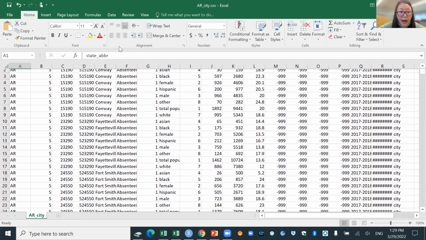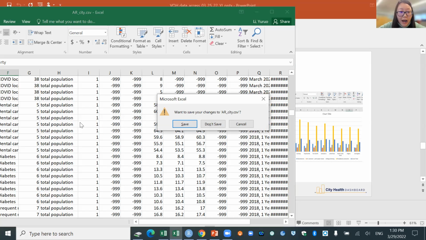So this is the general layout, and you can find the dictionary and the overall layout for all the other data sets in our codebook on page 9. So I can show you a little bit of the data we collect in the CSV file. Do you all see the CSV file? Yep, we do. Okay, so you can see this Arkansas table, we have in our downloadable data right now,